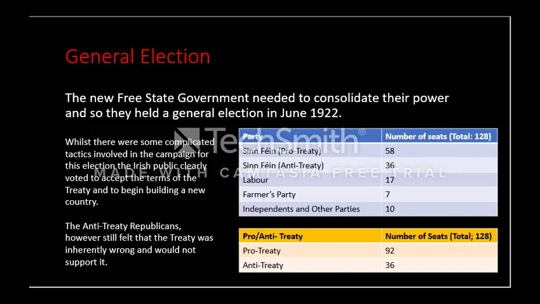smaller portion are anti-treaty. And we need to be aware that less than a third of people who are elected are anti-treaty, but those anti-treaty Republicans do not accept the treaty under any conditions, and they believe that they've been elected, and they have indeed been elected, to support that view, so they're going to keep fighting against the treaty. And one of the ways is that they won't take the oath of allegiance, so they are sitting out of the Dáil and they're acting in other ways to make an effect.